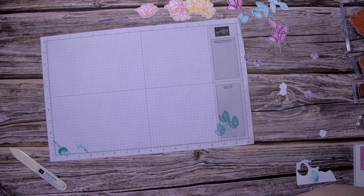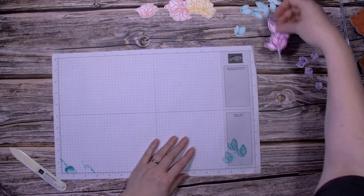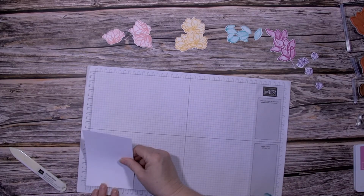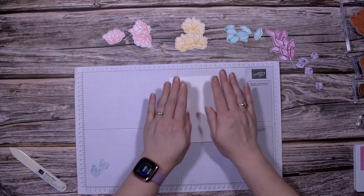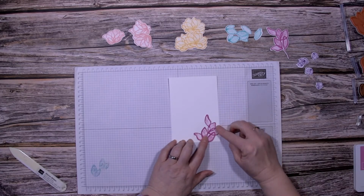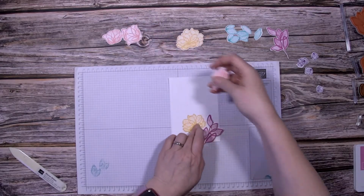There we go. All right, so I have all my little flowers. Have my big flowers. And leaves. All right, so what I want, I'm just going to flip that one over for a sec. Just measure. I've got 10 centimeters by 14.3, so I'm going to use that as my piece. And what I want to do is I want to put these down in such a way that I'm going to basically create a bit of a picture,